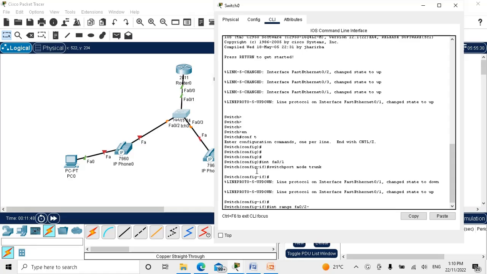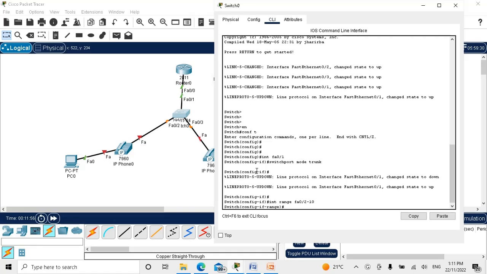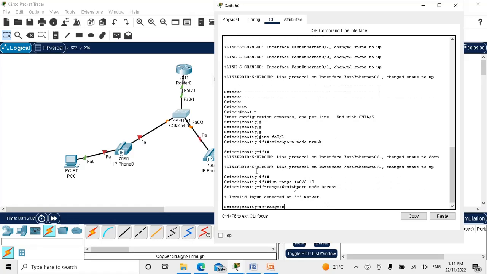So I'm going to choose FastEthernet 0/2 to 10, and then I'm going to enable voice VLAN 1, switchport mode access, and then